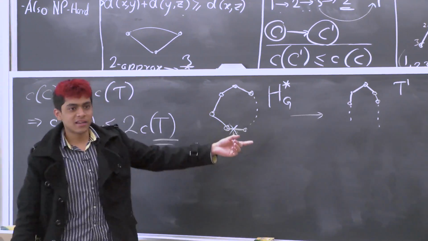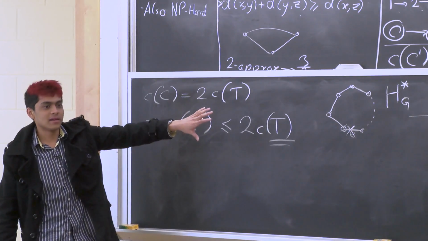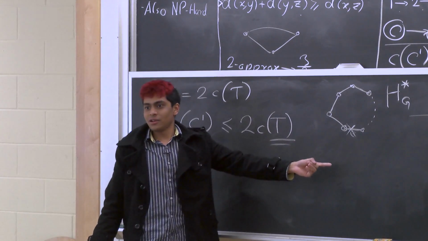Does that make sense why that is the spanning tree? Because you had a cycle and you remove one edge. So it touches all the vertices and it's a tree. So it's a spanning tree, but it's not the minimum spanning tree. So you know that